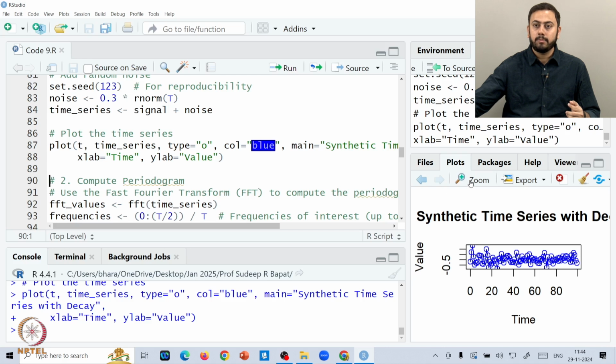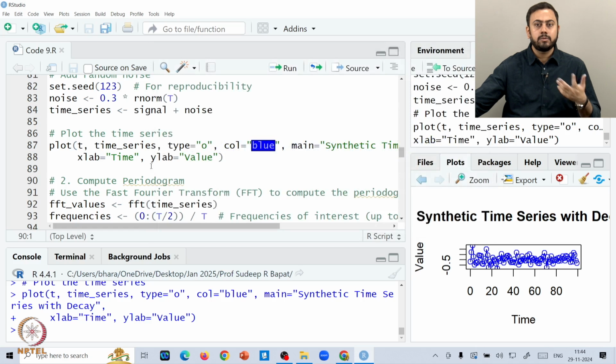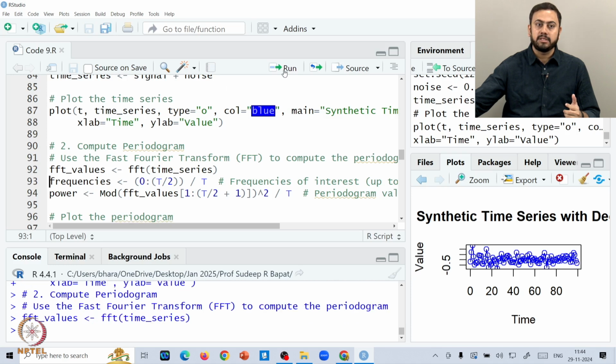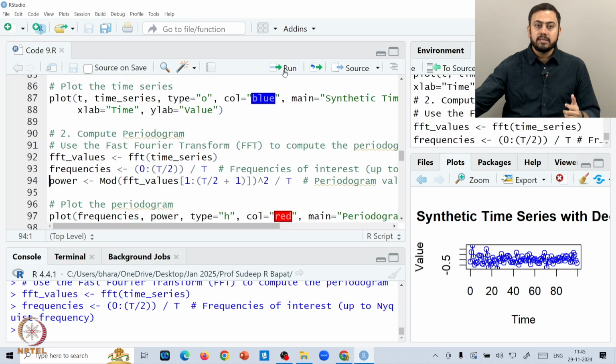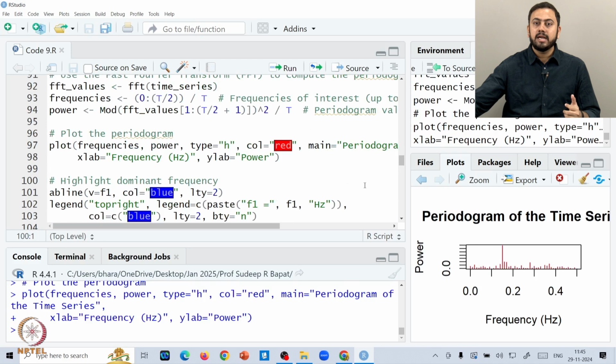Let me zoom in and then show you the actual plot, and this is exactly how the second generated time series looks like, alright. So again if you observe, this time series has a tendency of, let us say, much more oscillations or much more repetitions than before, make sense. So slightly different example just to differentiate. Now we will repeat the exact same thing we did earlier. So the second step is computing the periodogram, again using the FFT technique or the fast Fourier transform technique. So FFT values is nothing but FFT command applied on the generated time series. Then we will specify the frequencies, and then again we will generate the power, and then we will plot the periodogram. And in this case, this is exactly how the periodogram looks like.